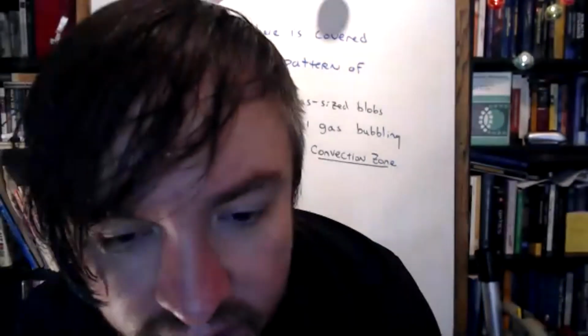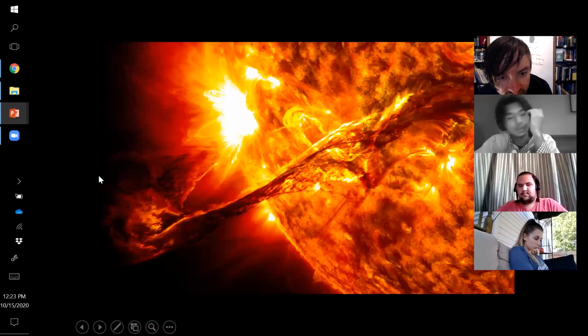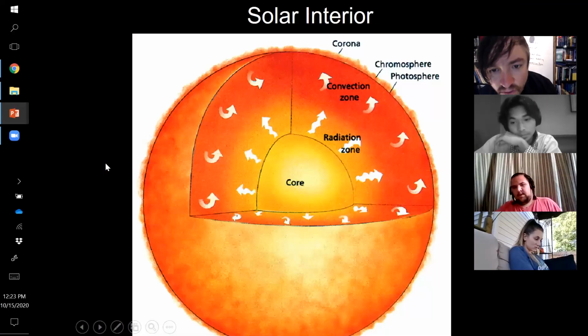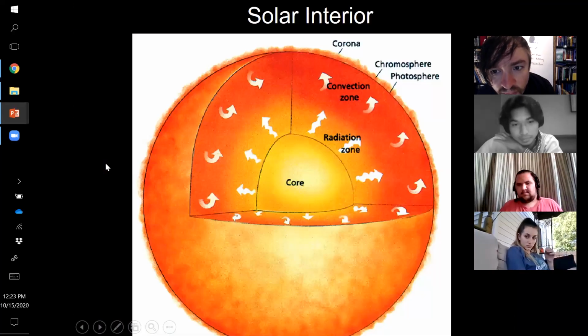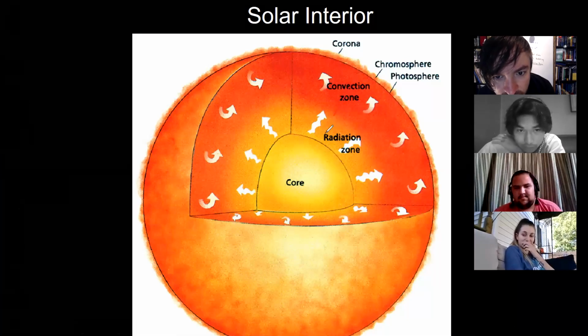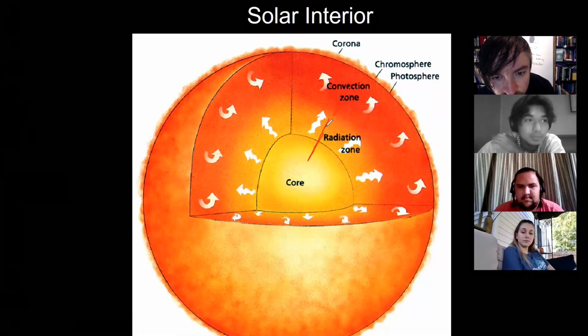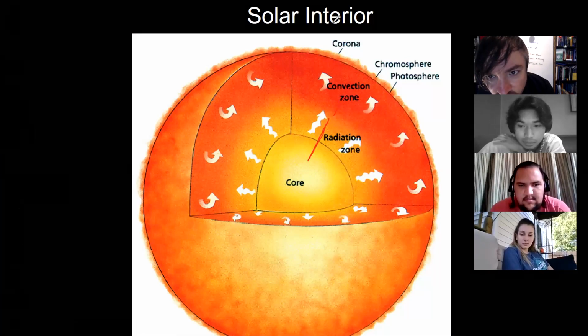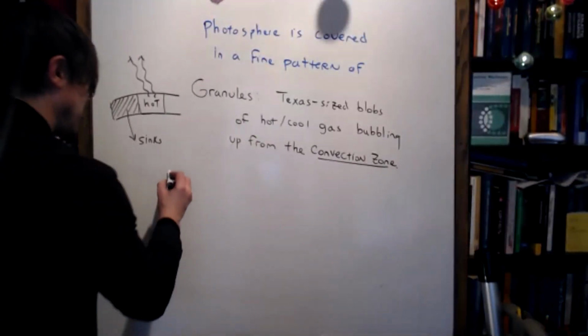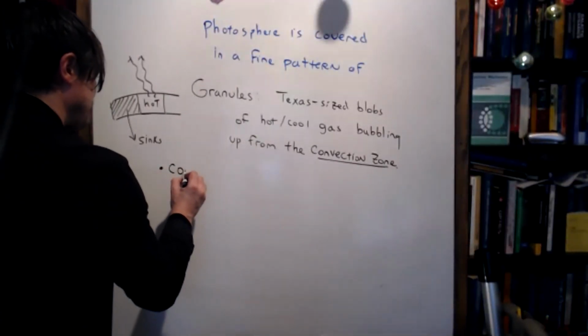Okay, let's look at a model of the interior of the star together. The convection zone spans a very, very wide fraction of the sun. So I'd say something like 1/3 of the sun's radius is convection zone, and then maybe 2/3 or another third of the sun's radius is radiation zone. So in the convection zone,